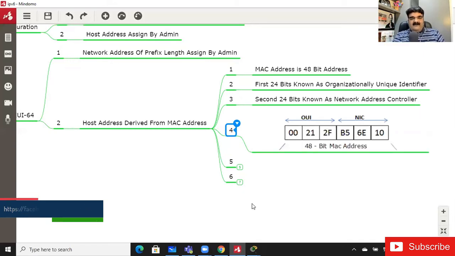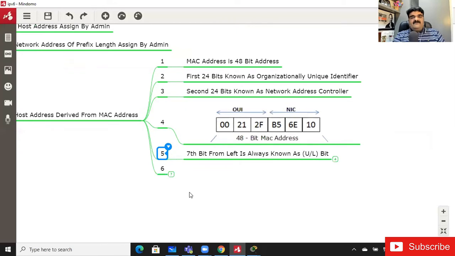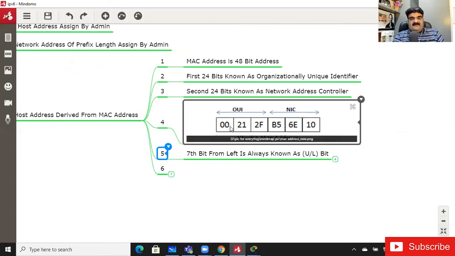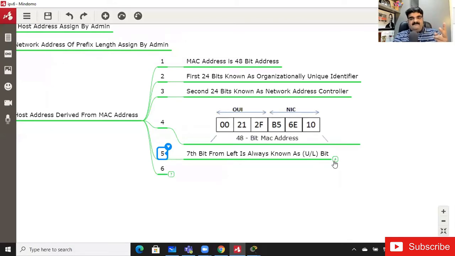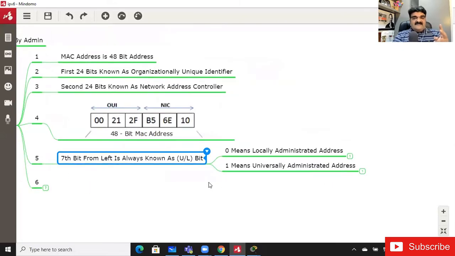Now the second thing you have to consider is that the 7th bit from the left is always the UL bit. If you convert the leftmost byte, 00, into binary, you get the 7th bit, and the 7th bit can be either 0 or 1.